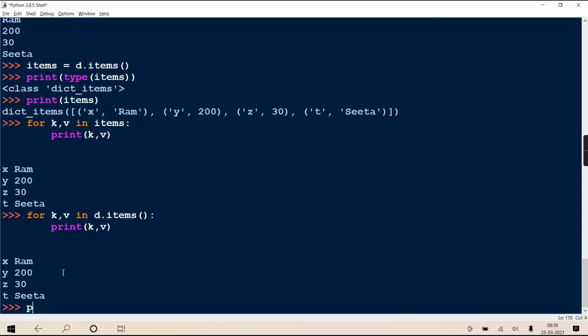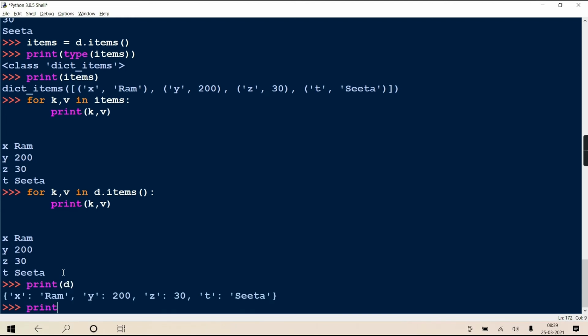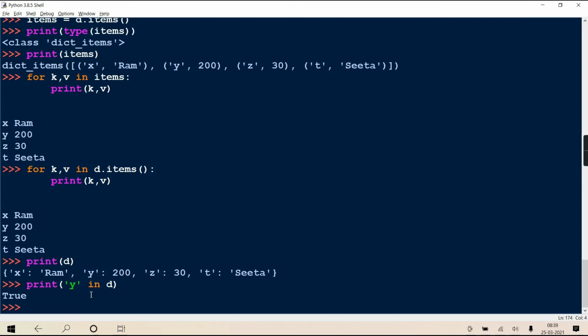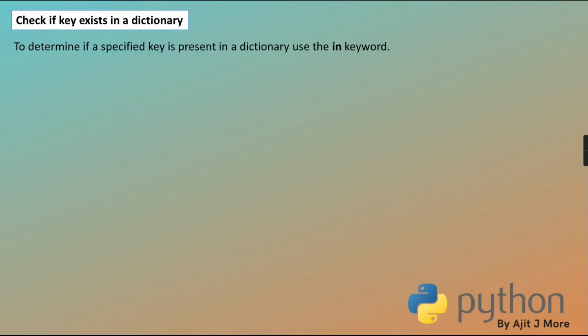Okay, see, we'll take this example. This is our dictionary. Now if I write print y in D, you are checking whether y is present in D or not. So yes, there is a key with the name y, so it will return true. If suppose here I write P, there is no key with the name P in the dictionary D. Therefore it will return false. That simple it is.